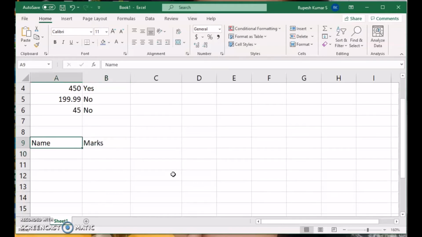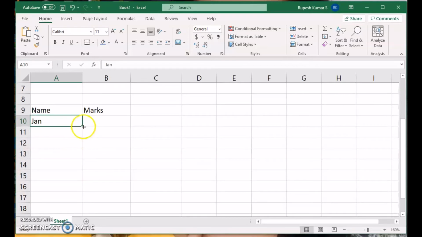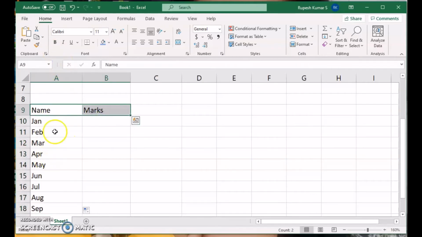For names I am going to use the series of Jan to December. Once you write any month name or day name and drag it, it will give you all the months. I wanted to show you that you don't need to type the entire month name or day name.